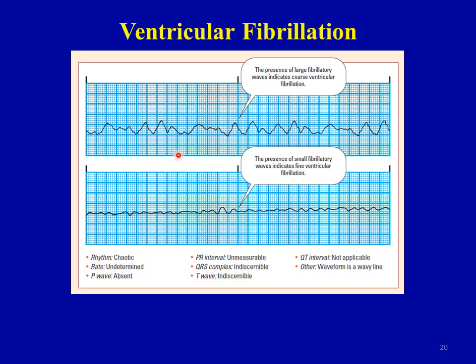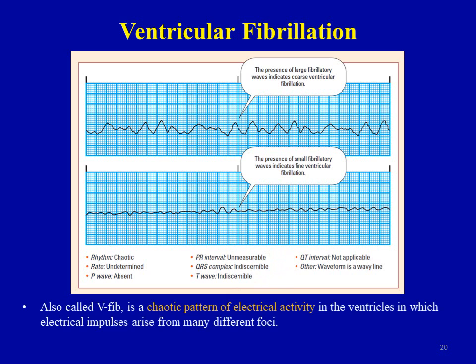So you cannot even identify which component is which wave in both strips here. T waves are again indiscernible. The QT interval is indiscernible because you cannot discriminate between the different waves. And this is ventricular fibrillation, also called VFib, which is a chaotic pattern of electrical activity in the ventricles in